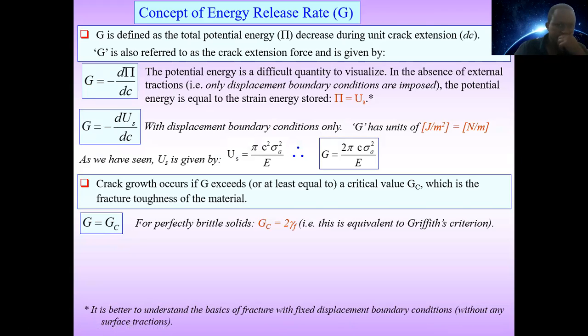So, the concept of energy release rate, or G. G is defined as the total potential energy, pi, decreasing during unit crack extension. That DC means